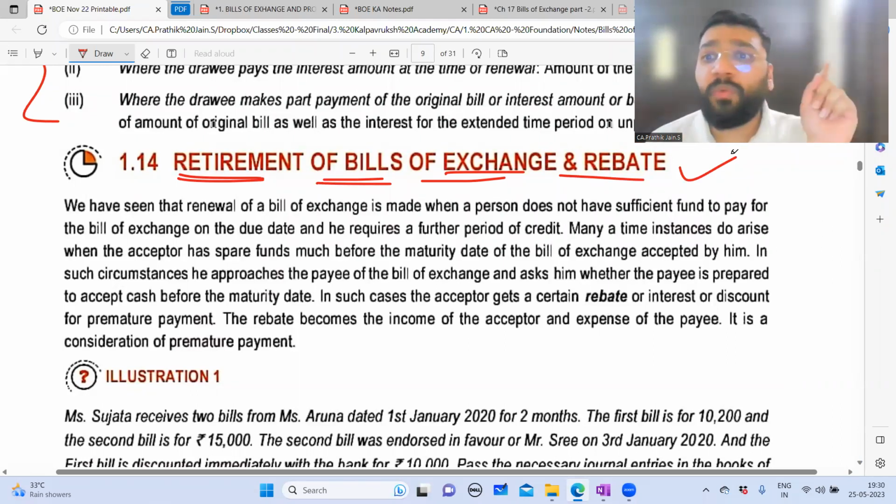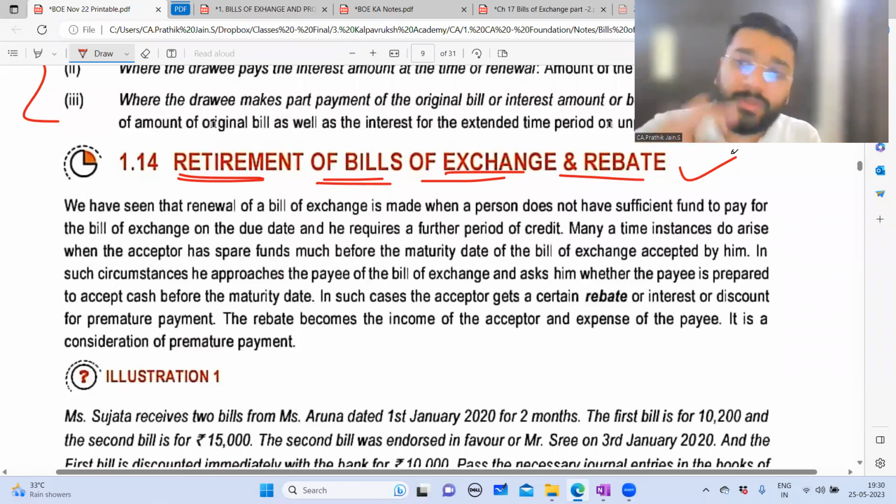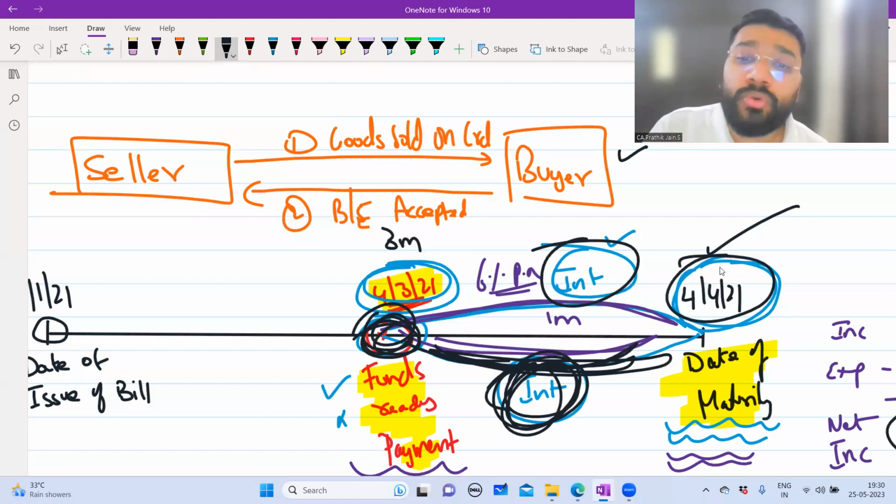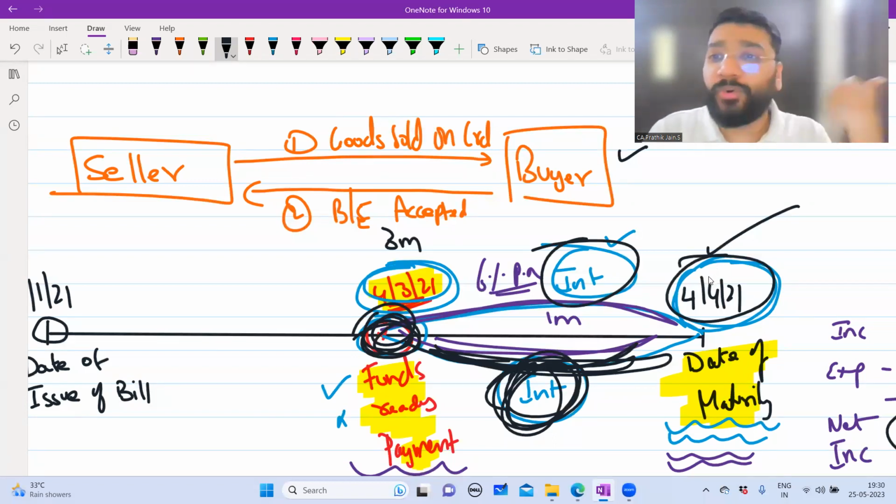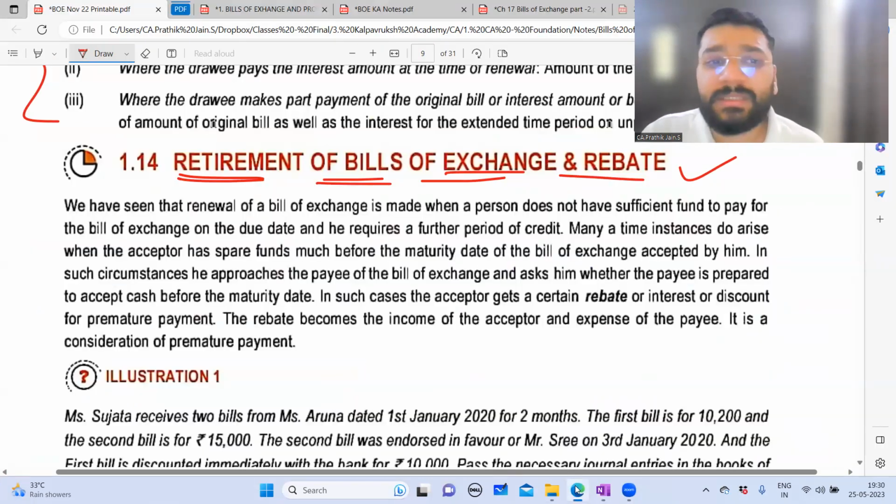So the previous concept we saw was renewal of bill. On the due date, I'm not able to make the payment, so an extra date extension. That is renewal of the bill. Cancellation of the old bill, creation of a new bill. Now this is retirement of bill. In retirement of bill, what happens? You make the arrangement of money before the due date. You have the money in advance. For that, the customer is charging interest. This is the concept of